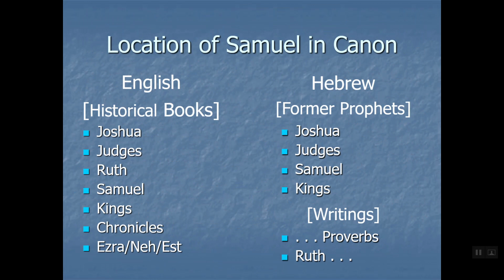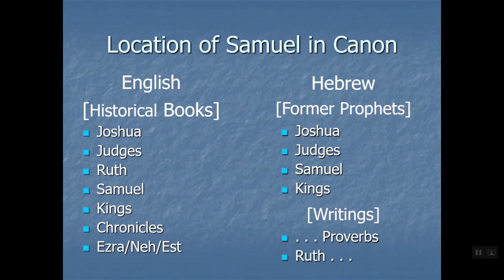Now, just for clarity, English and Hebrew canon have the exact same books, no difference. Not like the Roman Catholic canon is different. They have additional books. The English and Hebrew canon have the exact same books. They're just counted differently and ordered differently. So they'll have 22 or 24 books. The Jewish people would say to you, we have either 22 or 24, depending on how they reckon them. We have the exact same books, we just count them differently. So I'll show that at another class in another week.